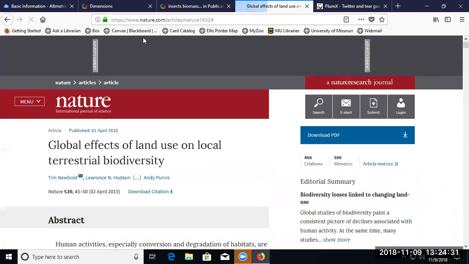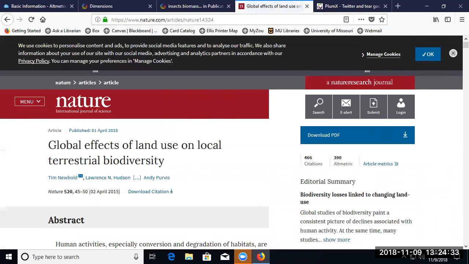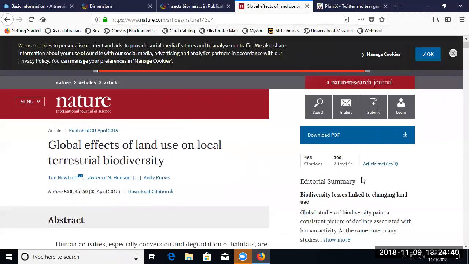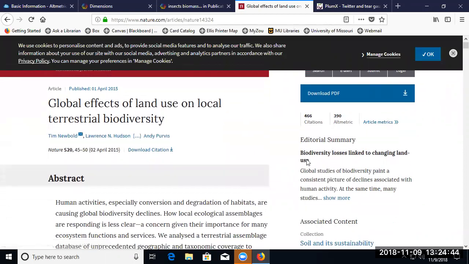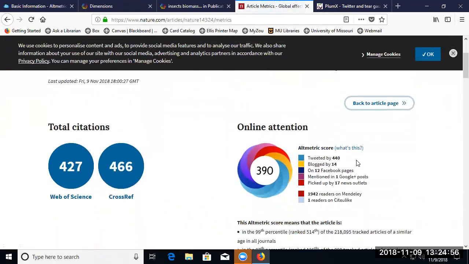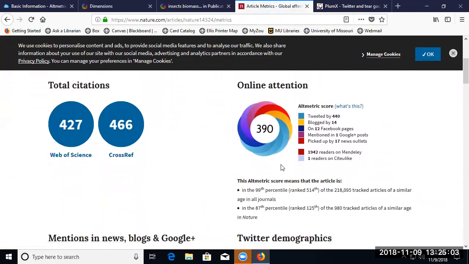And so now it's kind of nice, it's kind of fun if you pull up an article online that's at the publisher website. You can look around and see if they say something like metrics. In this case, they're saying article metrics over here on the right. Sometimes some of the publishers have tabs here that might say metrics. And you can click on this hot link. And in this case, Nature is using, you recognize the little circle here, that's altmetric.com. They're using altmetric.com